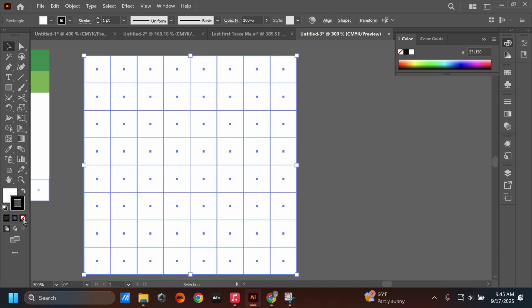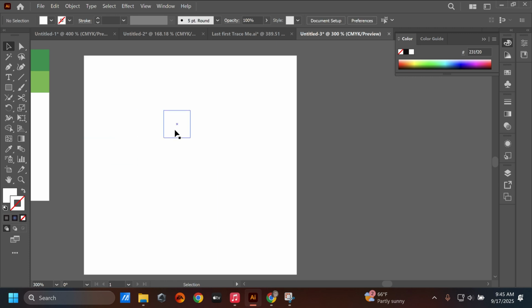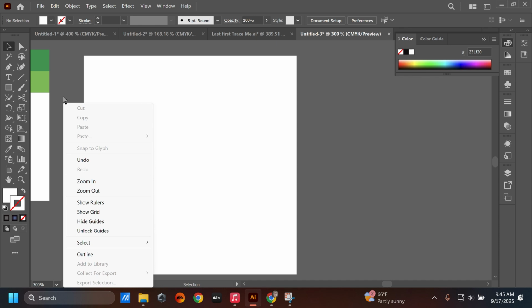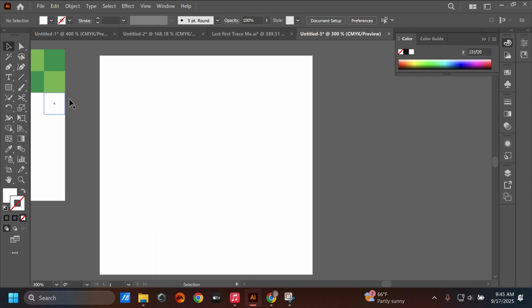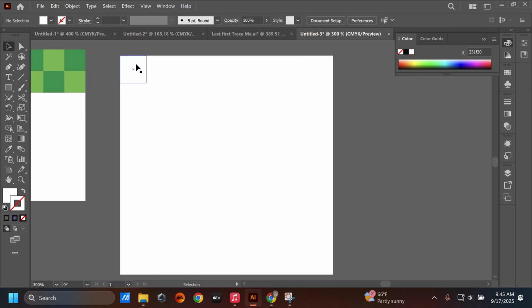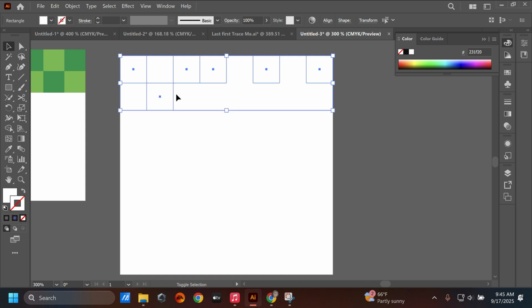So once you have that, if you were wanting to do Minecraft, for instance, you could turn this line off. So now you can see the squares are technically invisible. You can't see the lines. But if you had, let's say, you wanted to do multiple pieces, like this,